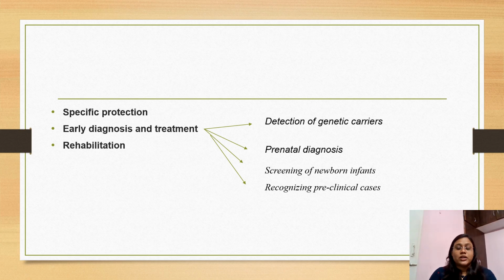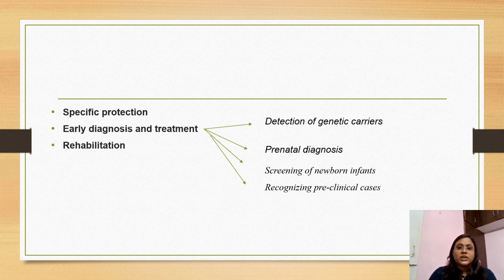Now, various prenatal diagnostic techniques are there. For example, amniocentesis and chorionic villus biopsy. Then simply by ultrasound we can do an anomaly scan to detect any abnormality in the fetus. Then fetoscopy. Then if maternal age is advanced, we will do the triple test to detect whether the child has Down syndrome or a neural tube defect. So various prenatal diagnostic techniques can identify a fetus with a genetic disorder early, and we have the option of abortion at early stages.